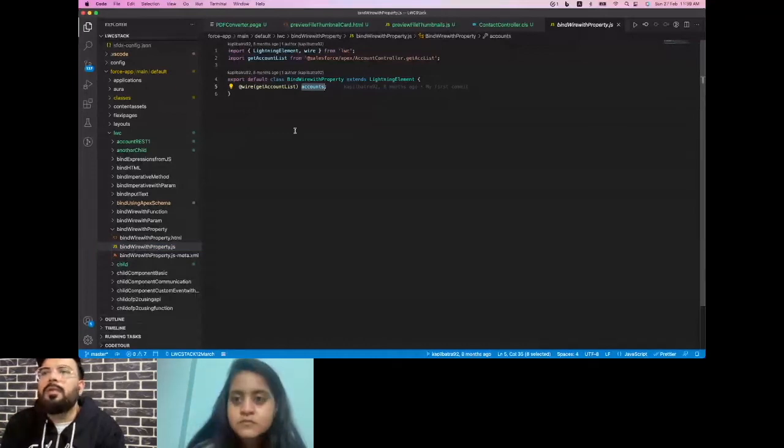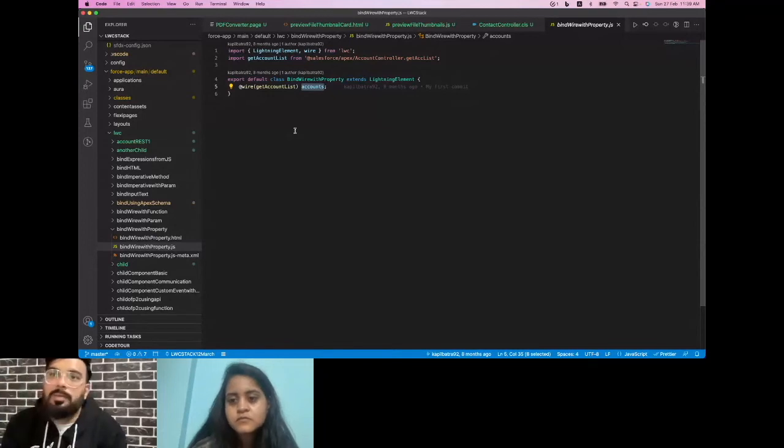So if you would like to update a record, then in that case, you should not use wire adapter. You have to use imperative apex for that. So basically, now that this question has come up, let me explain a little bit about imperative apex and wire adapters, like how they go with each other. Whenever you would like to do something on the load of a page, let's say a page is loading and you have to show,